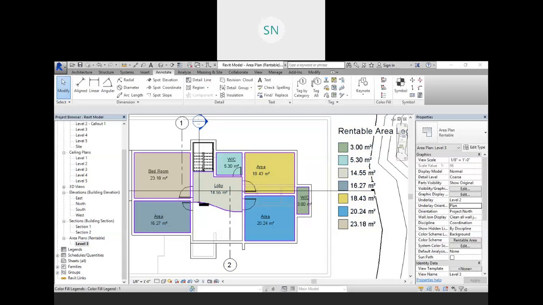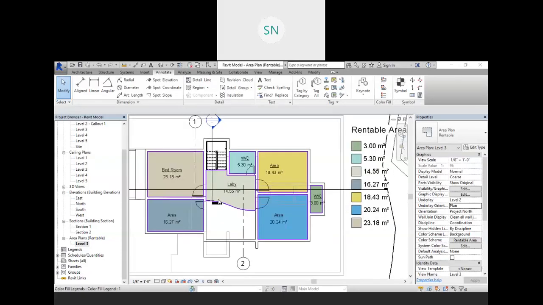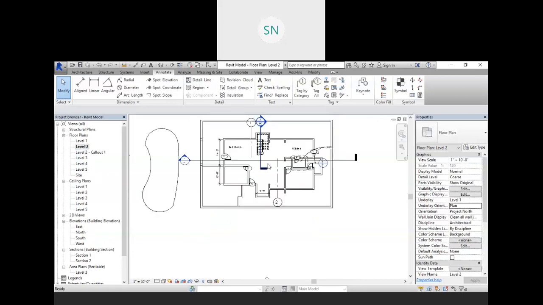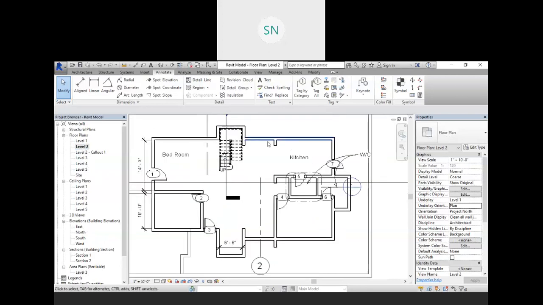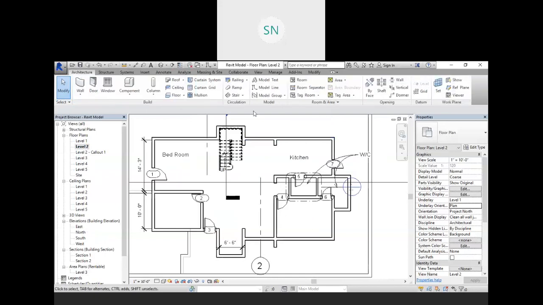Room separator means if by mistake you are creating a big room, then we need to use room separator. I will show you that. Go to the level 2. This is my ground floor plan. And what will happen, see, if I am going to create a room over here, because we do not have facility like area for the room. Room means it will give you just tagline, nothing else. Okay, so that entire thing is for the documentation purpose.